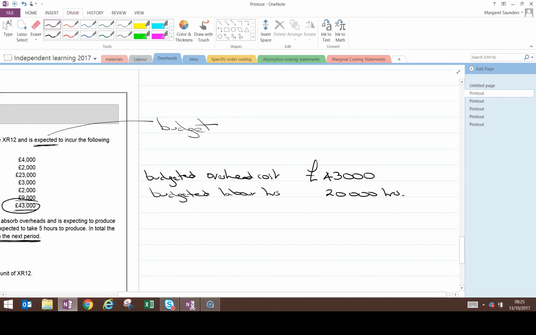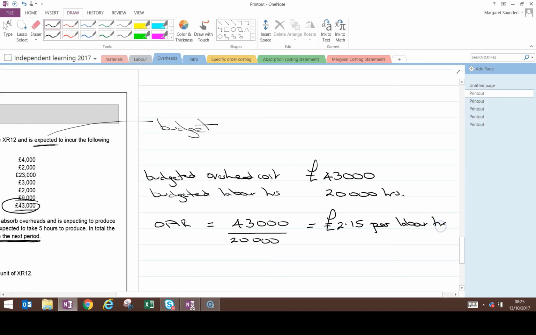Step 3 is to calculate the overhead absorption rate. So I'll abbreviate to OAR. So it's the budgeted overhead cost divided by the budgeted activity level, which is the labour hours, and that gives us £2.15 per labour